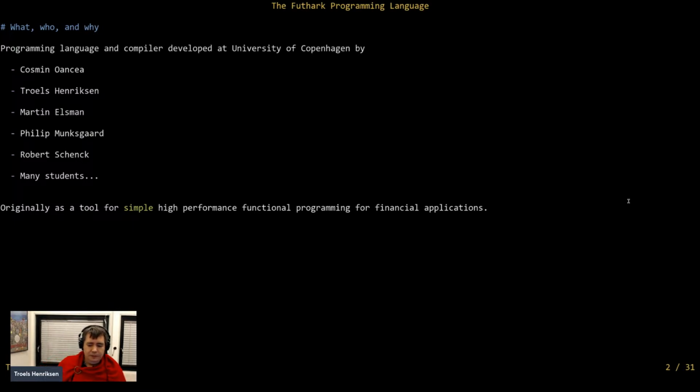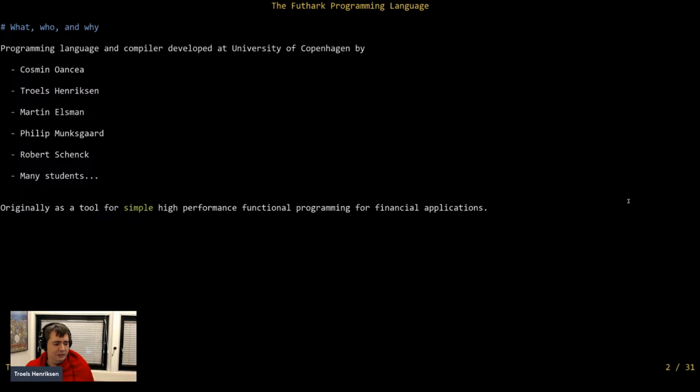But the genesis behind Futhark was as part of a project for high performance financial IT, because the banks were bankrolling a research project, and the goal was to come up with a language such that domain experts could write high performance financial models for pricing things, because apparently it's very difficult computationally to figure out what things are worth in finance. I don't really know much about finance. I learned a little bit and then I forgot it when we stopped working on that specific domain.